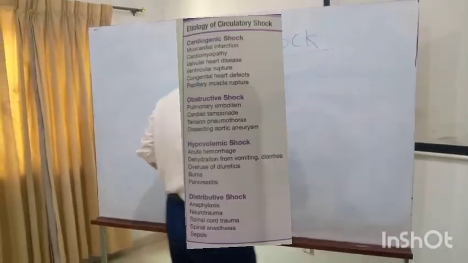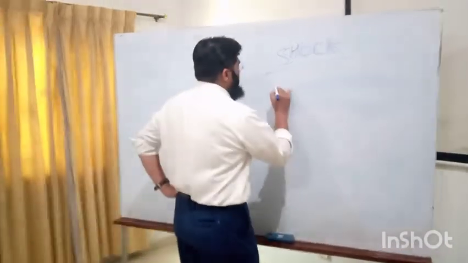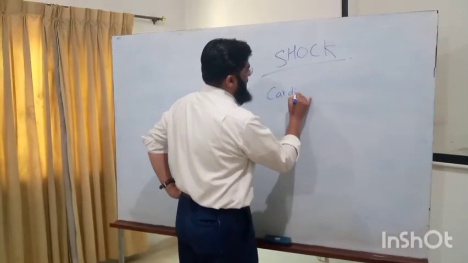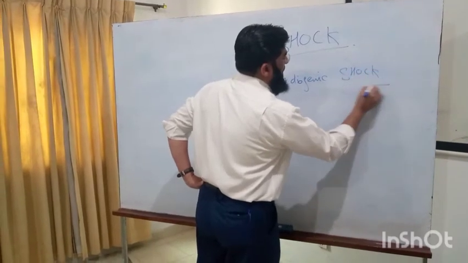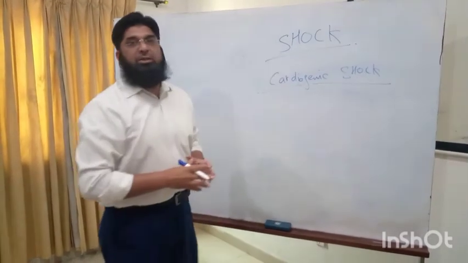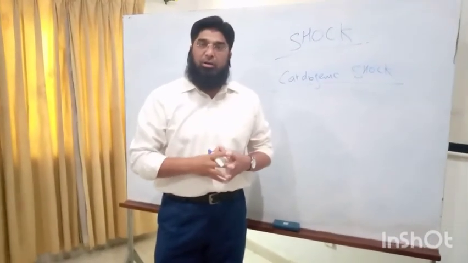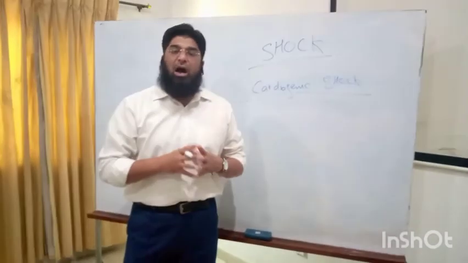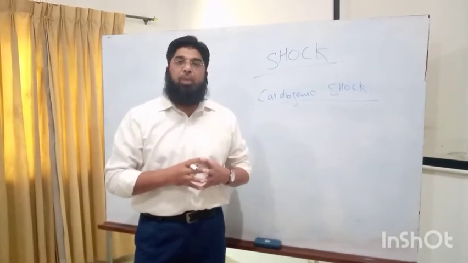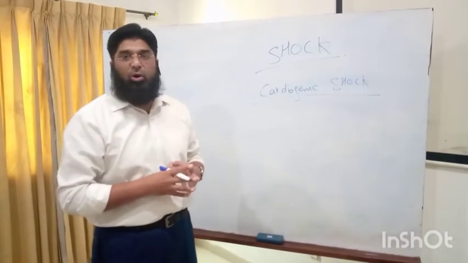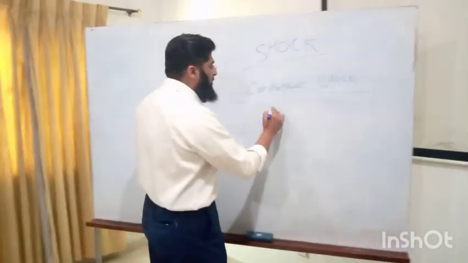Now, there are 4 different varieties of shock. Number 1, cardiogenic shock. Cardiogenic shock means, students, there is an abnormality at the level of the heart. As a result, the heart is not pumping sufficient amount of oxygenated blood to the tissues and other organs of the body. The causes of cardiogenic shock include